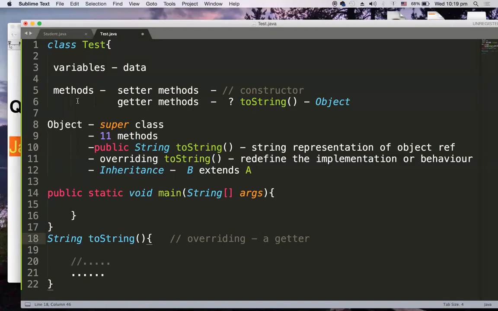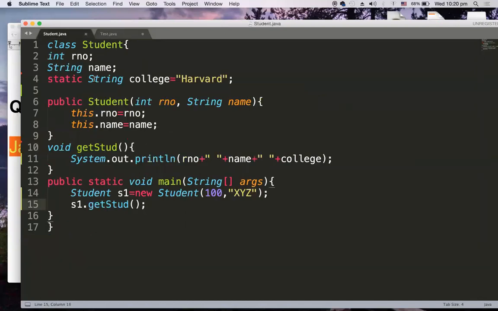To understand it properly, let's now go to my Student class. I have the class Student. There is a roll number and a name, and of course there is a static member, college, which was initialized to Harvard. I don't have a setter method because the setter method is eliminated with the help of a constructor.